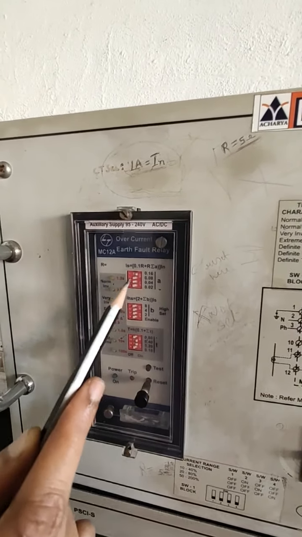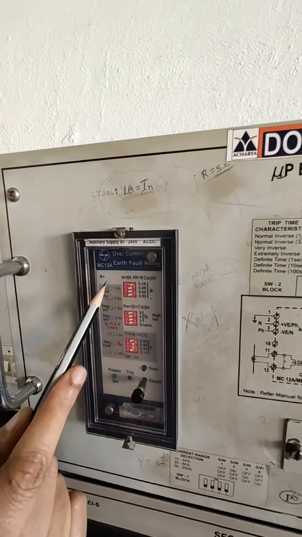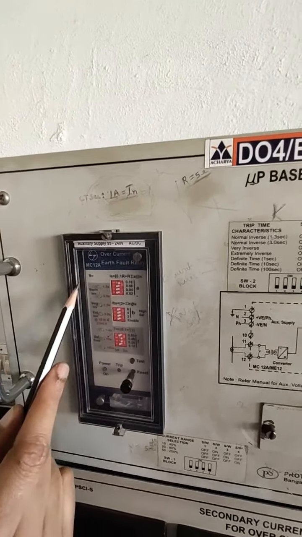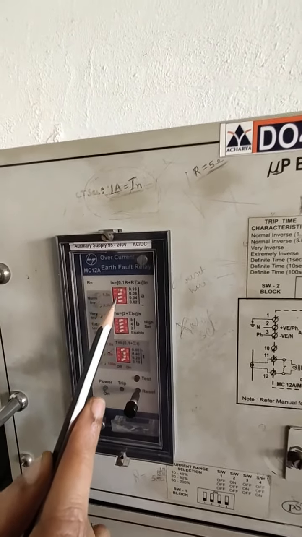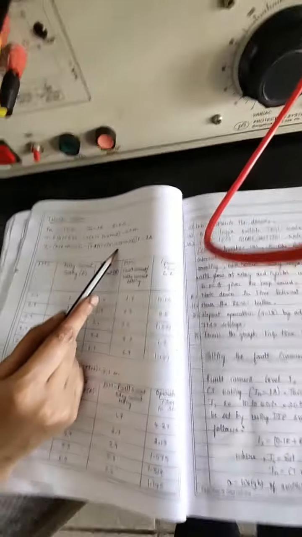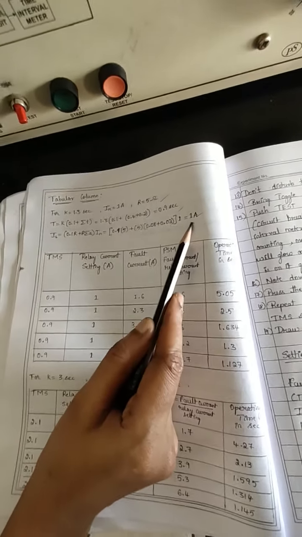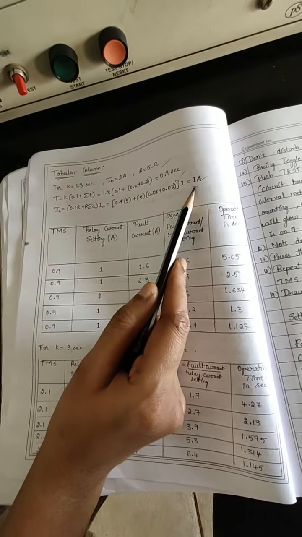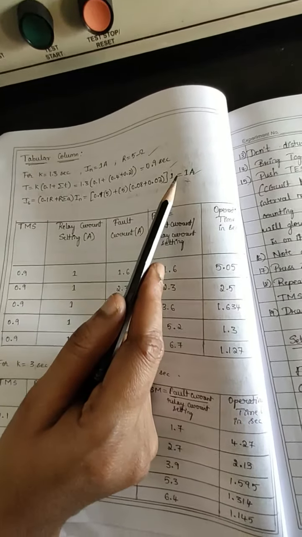Each switch will have a weight. Accordingly we will adjust. If IS is not given, then you need to adjust suitable switches, whichever you want. You can keep it all off, or you can select particular switches, either 2 and 3 if you are selecting 0.08 and 0.04. Based on that, if I have selected 0.08 and 0.02, this is my equation, then I will get a set current of 1 ampere. So whenever I inject a current more than 1 ampere, my relay will be activated. Similarly, we are supposed to calculate the TMS.